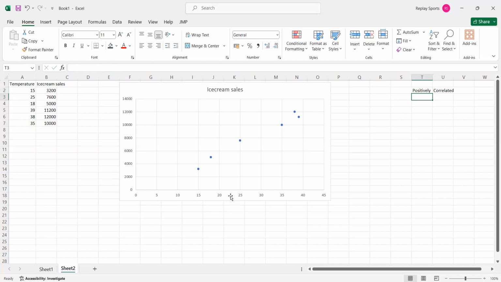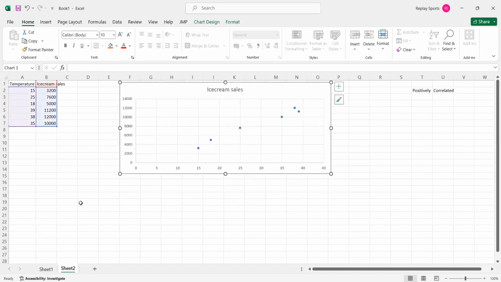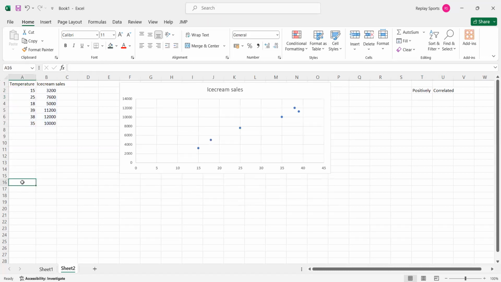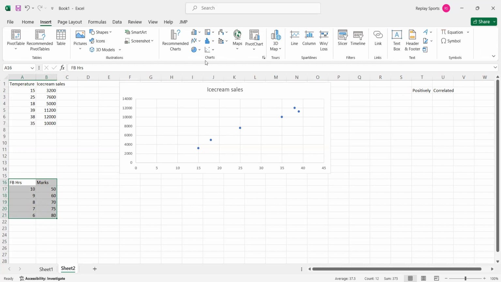If I draw another graph where you talk about the number of hours you spend on Facebook and the marks you get in the exam, right? If you spend more hours, you get fewer marks. So if you reduce 9, 8, 7, 6 hours, your marks will also increase: 60, 70, 75, 80, right? Now, if I take this and draw our XY axis,